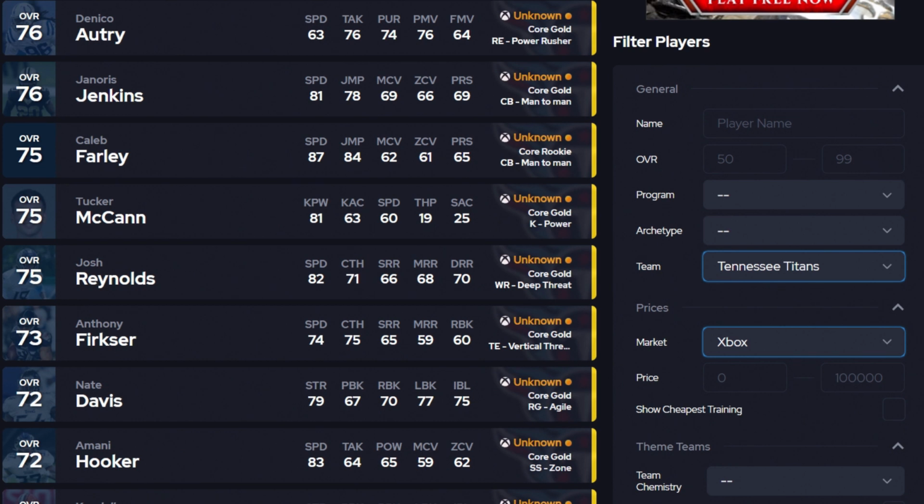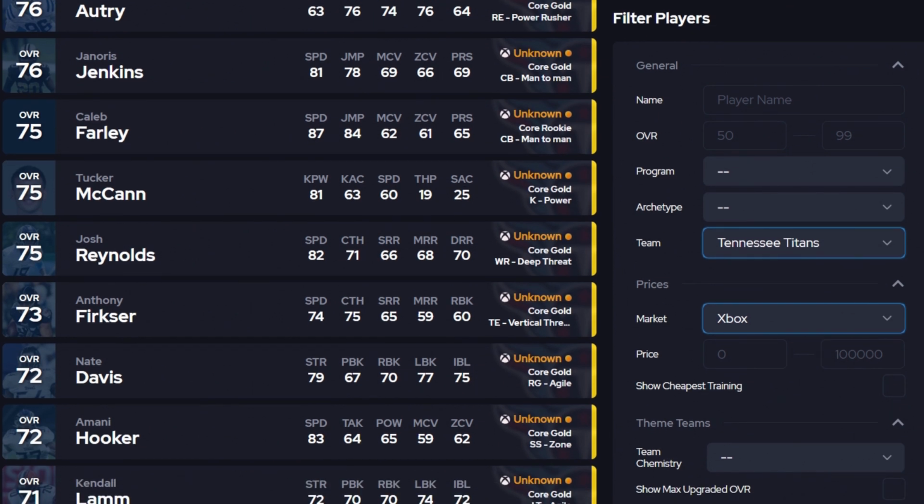Tucker McCann, 81 kick power is really solid to start the year. I do expect us to eventually get a kicker with Team Builder like we did last year. We got the Gostkowski late. But if our kicker can just get focus kicker and clutch kicker, I'm good to go. But to start the year, I'll have to rock with Tucker McCann,